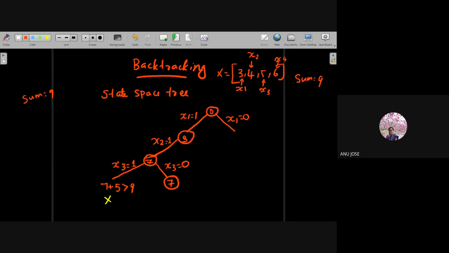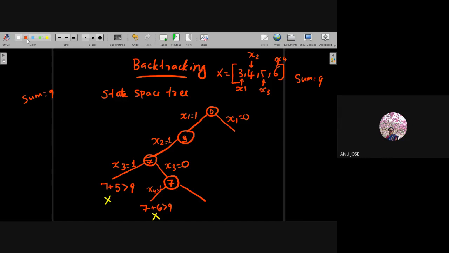Then I am trying to add the fourth element and checking whether that leads to the final solution. When I add the fourth element, that is x4 equal to 1, it again gives a value greater than 9, which is not the actual solution. So I can neglect that part also.